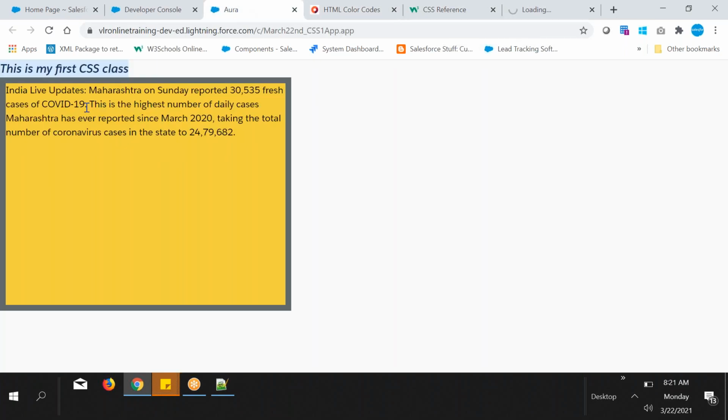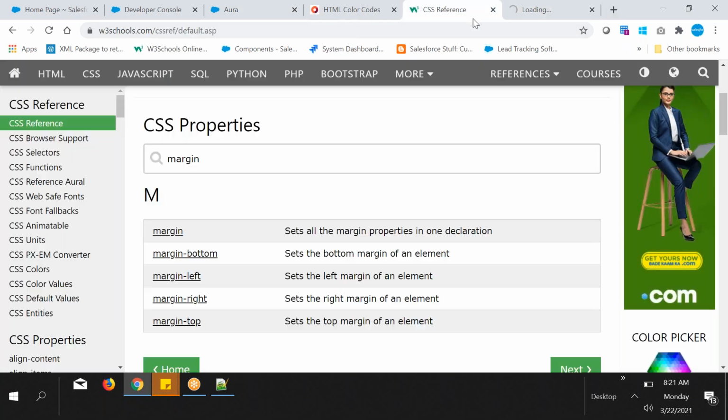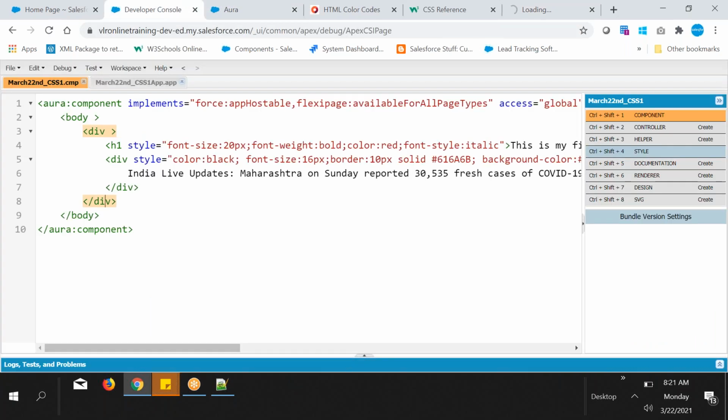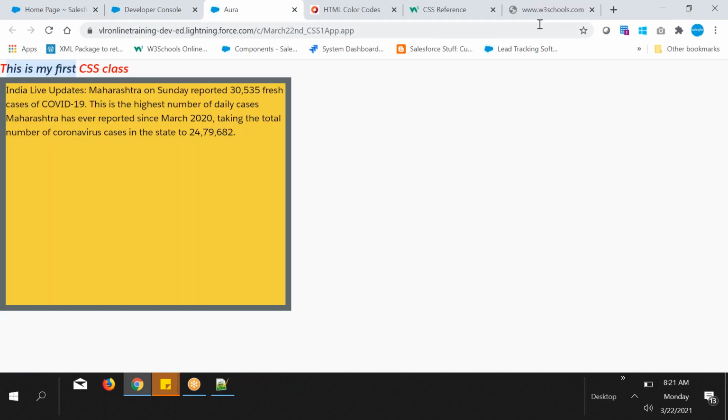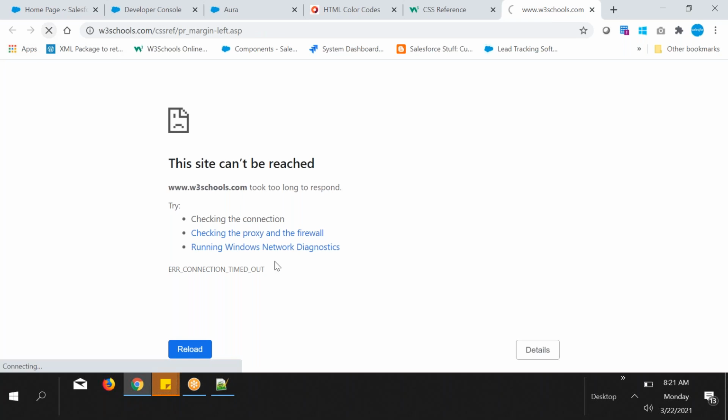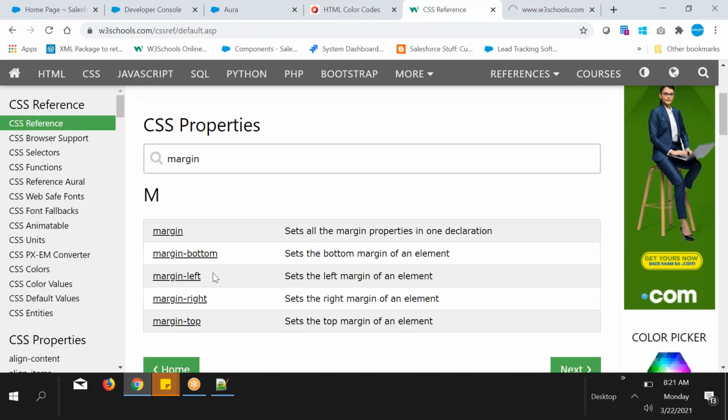So my intention is to move the text a little from left to right. For that, I need to use margin-left. Where do I need to use margin-left? Only for this header tag. So copy this margin-left, and